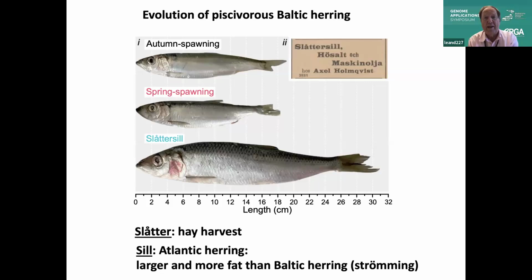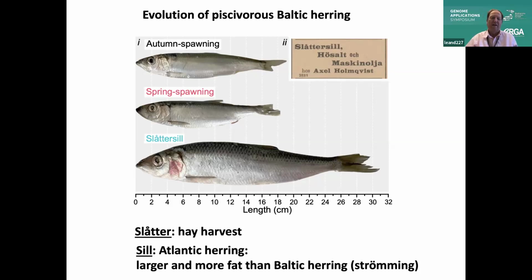herring is an iconic planktivorous fish, which is super important for the ecosystem of the North Atlantic, is the link between plankton production and higher trophic levels. And until recently, we thought that herring always was planktivorous, but we discovered something that has the name in Swedish, slåttersill. And I discovered this because I have a summer house at the coast, and my neighbor there is a local fisherman. And he told me that every year around midsummer, there is a type of herring coming in,